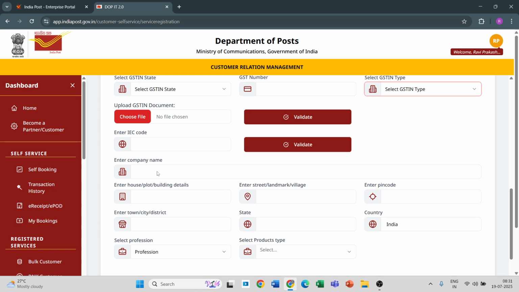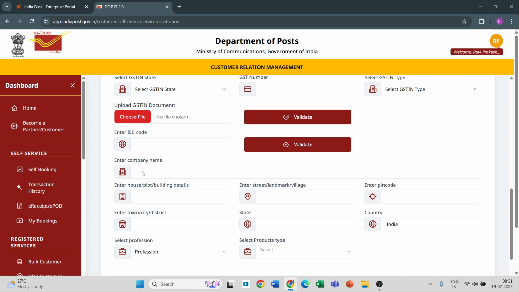Then here we have to mention our company name. Here we have to upload the GSTIN document. Then here the IEC code we have to mention, and your GSTN and IEC are both validated through OTP, which is linked with your IEC or GSTIN.